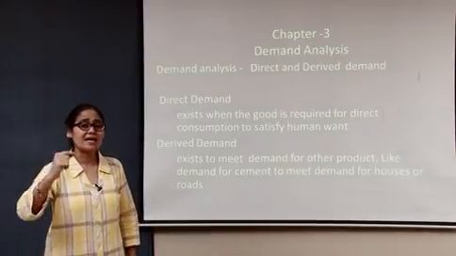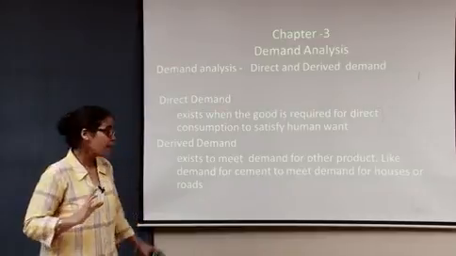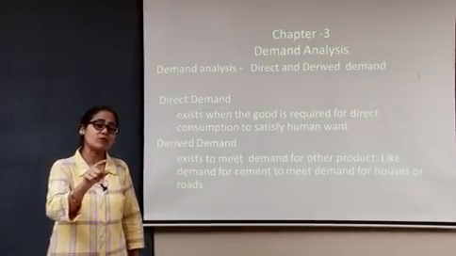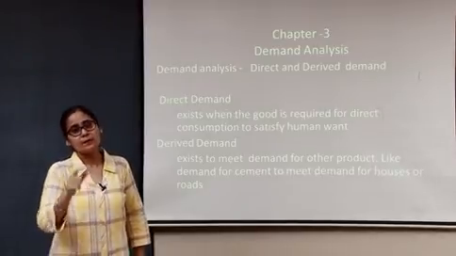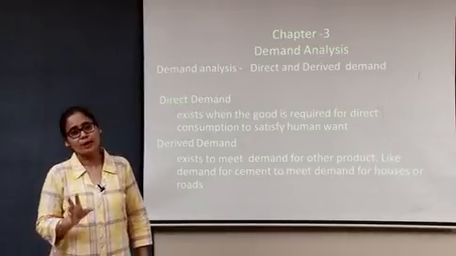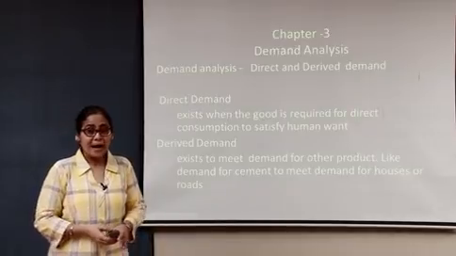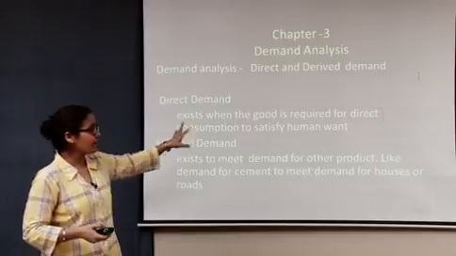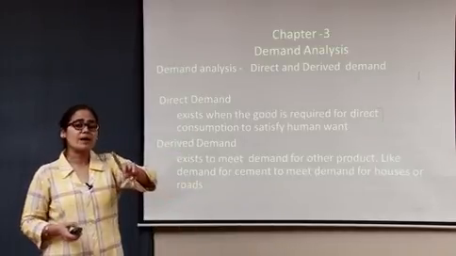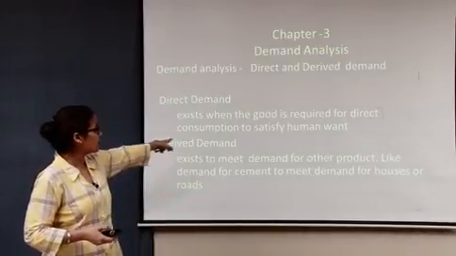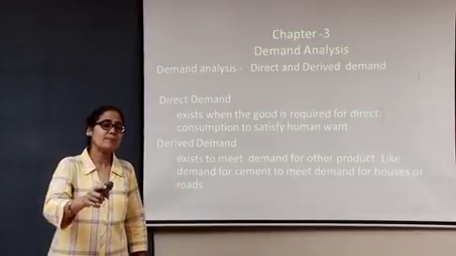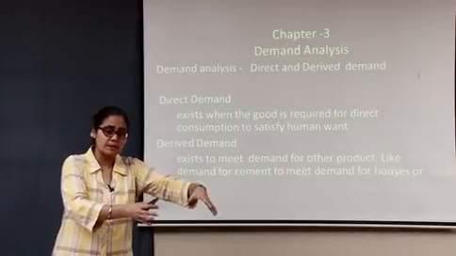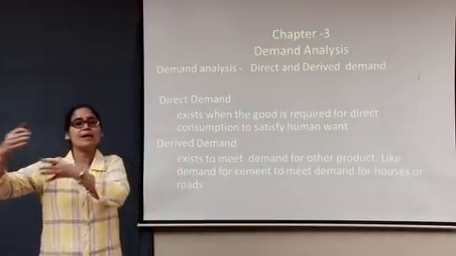Which meet the direct need of the customer. But derived demand is the demand for raw material, demand for factors of production. Correct? IT, now the demand for IT professionals will come under derived demand. Any type of demand for skilled labor will come under derived demand. So derived demand is demand for a product or a material or an input which is required to make the